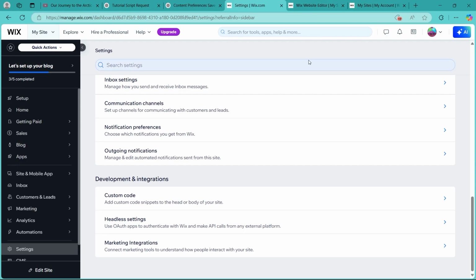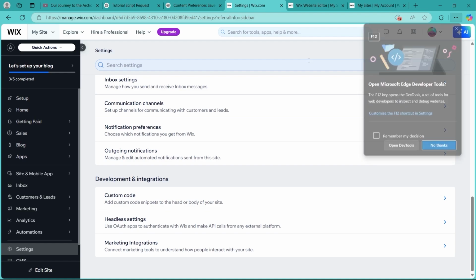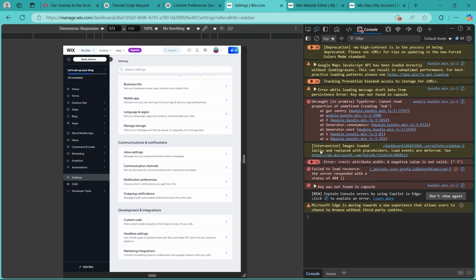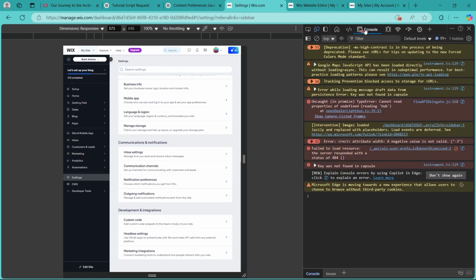Now, JavaScript errors can also prevent Clarity from loading correctly. So open the DevTools on your browser. So press F12 on your keyboard, click on Open DevTools. Now, go to the Console tab, this is just right here, and look for any JavaScript errors that are caused here. So if you find errors, fix the issue by adjusting the code or troubleshooting the specific error message